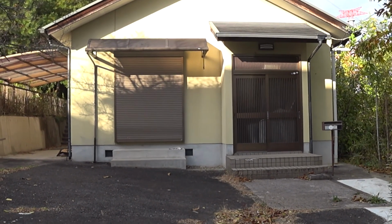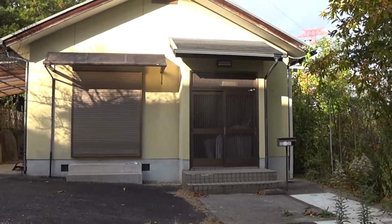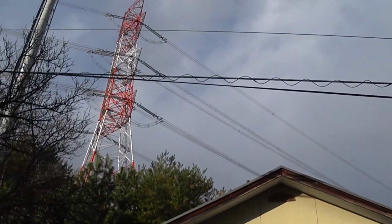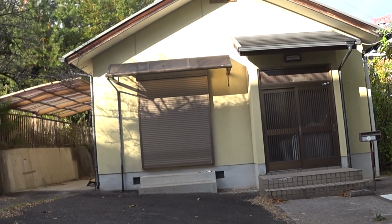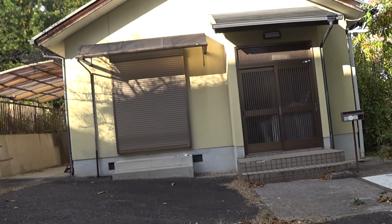Hi again. I'm standing right in front of my new house. To be precise, I have indeed purchased this house. It's true, but I still haven't moved in. Even after I move in, by the way,